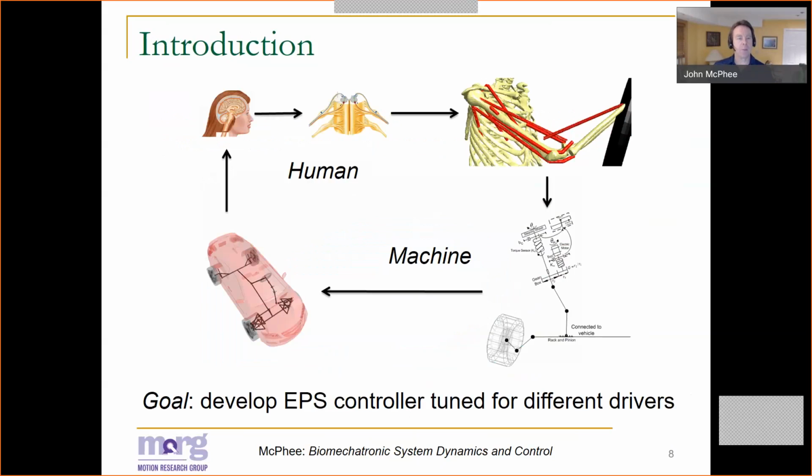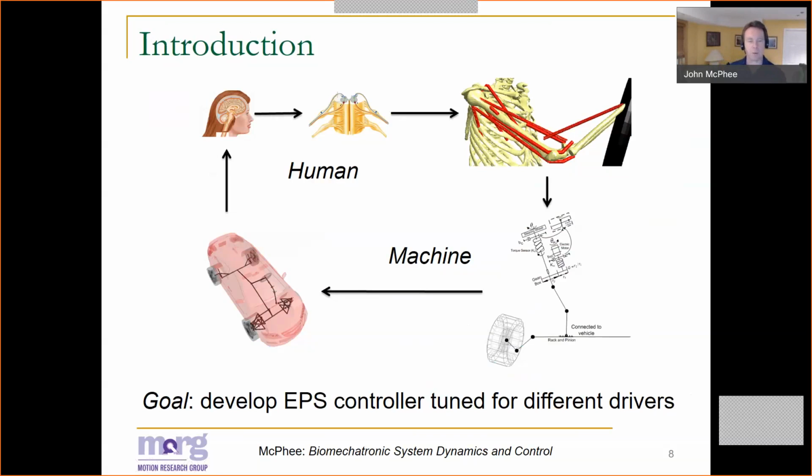The model itself was extremely detailed. So for example, we had cognitive delays in a path following driver model. There were stretch reflexes in the system. There was a detailed musculoskeletal model of the driver who was applying a torque to a steering wheel. That torque is measured by an electric power steering system, and then an additional torque is applied to help the driver. Finally, that steering torque goes to a very high fidelity vehicle model, which follows a trajectory, which may not be the desired trajectory. And so the human again applies corrective actions and the loop continues.